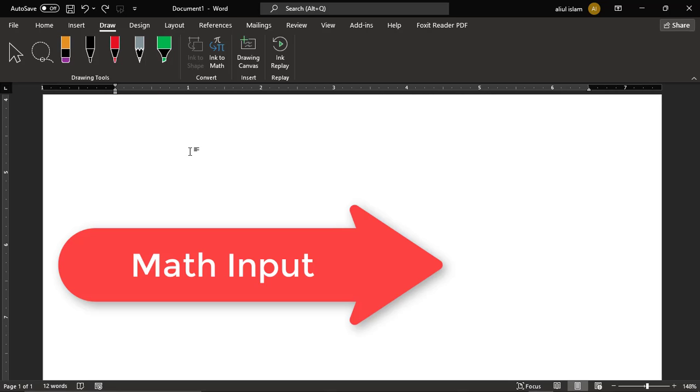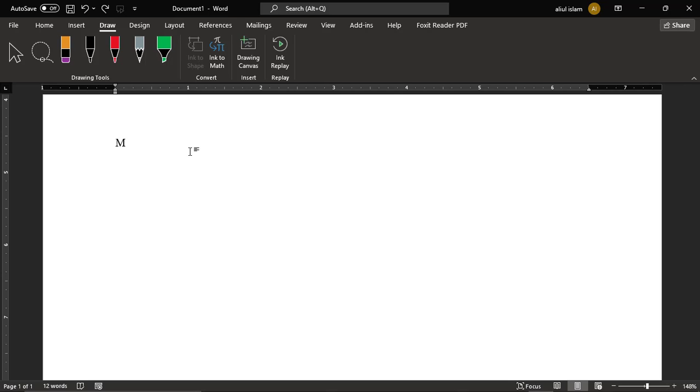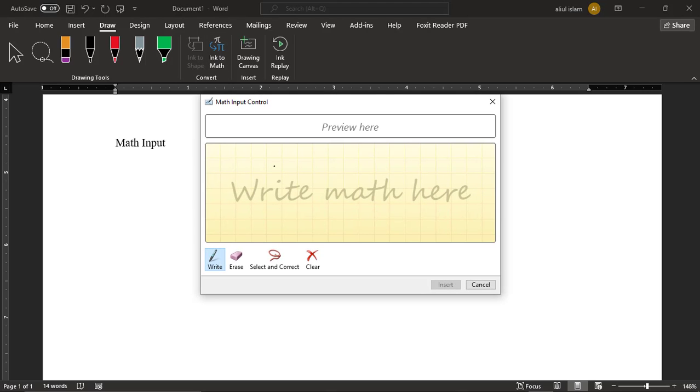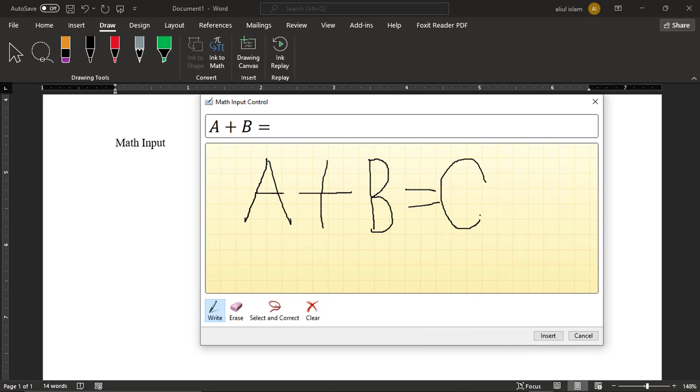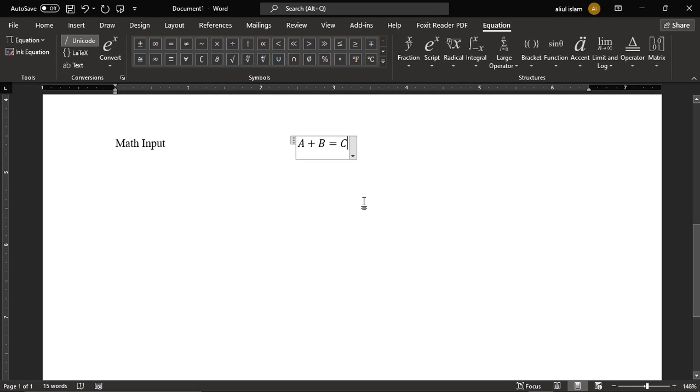And then we will learn math input. Go to the Draw tab and then the Convert group, Ink to Math. Write here A plus B equal C. If you want to input this math, just click on Insert and you can change this input math like x